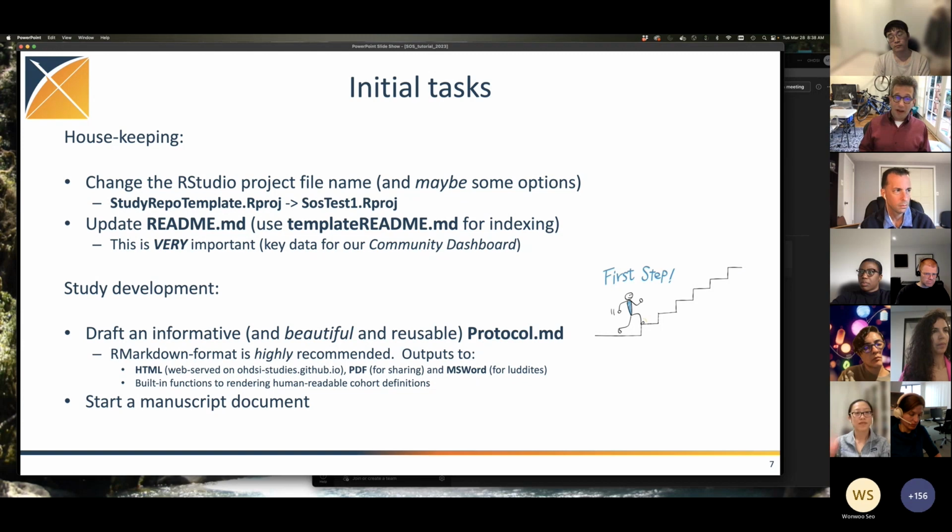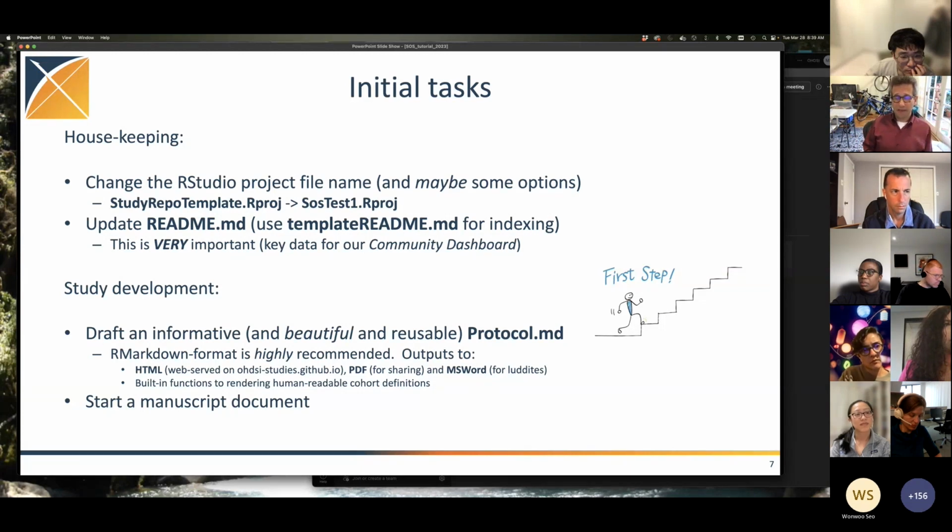Previously, we were drafting protocols in Microsoft Word, and in that protocol, somebody had to transcribe over our complete definitions for all of our cohorts and the analysis changes. And then individuals would modify this Word document thinking that that would actually change their study. But that's a good example of code duplication, right? You have two copies of the same information, and you're only modifying one, not the copy that actually gets used